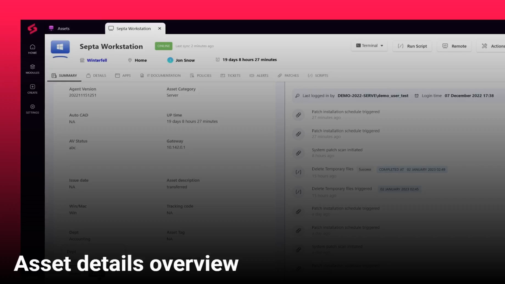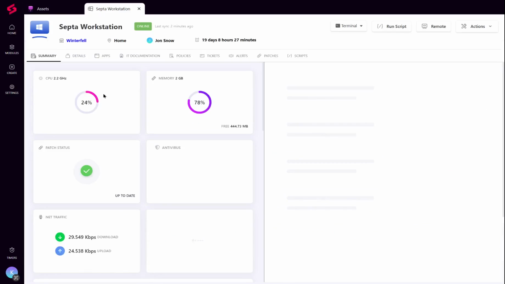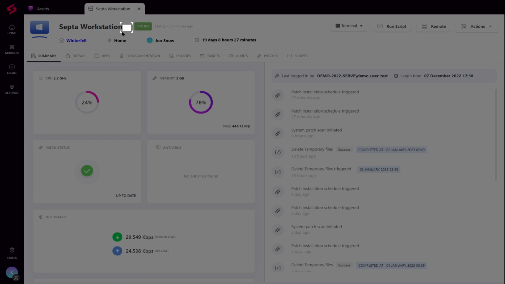This video covers the different information pulled by the agent and the actions that can be performed. Here is an example of a Windows asset. The Asset Details page is designed in such a way that all information that the technician requires is right under